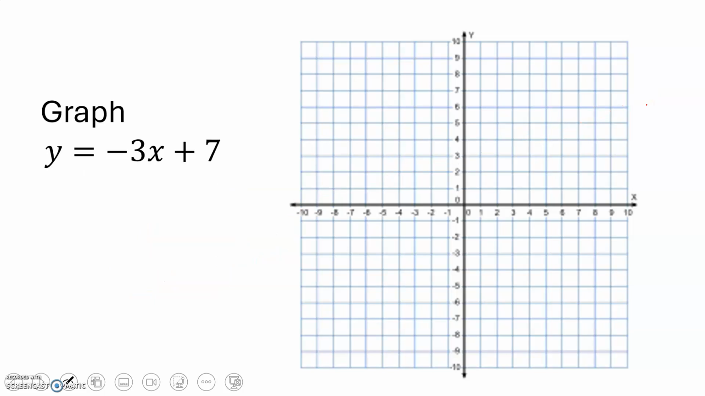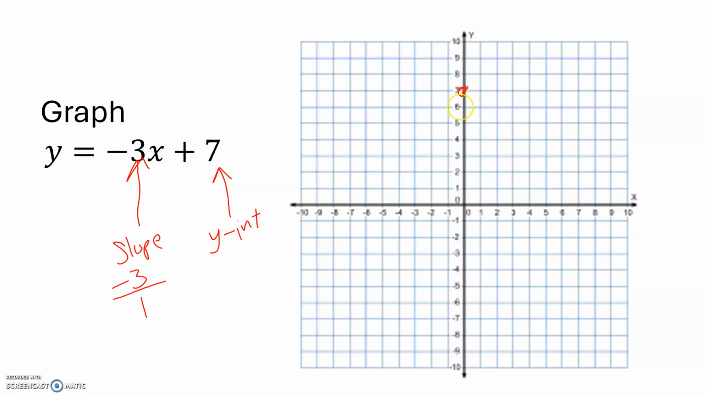Let's try one more. Let's graph y equals negative 3x plus 7. In this case, we see our slope is negative 3. So that means our rise is down 3 and our run is 1. Our y-intercept is 7. So we'll start at 0, 7 as our first point, and then from there we will go down 3 units,